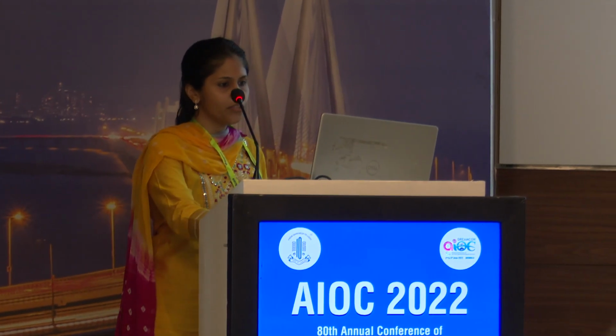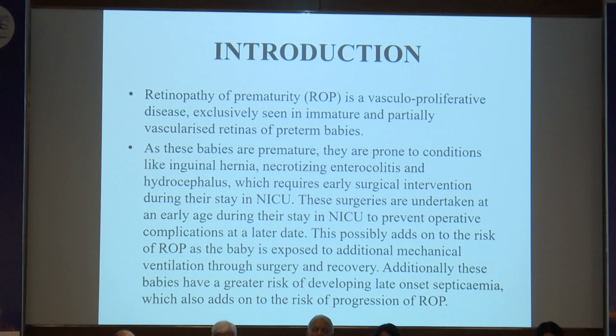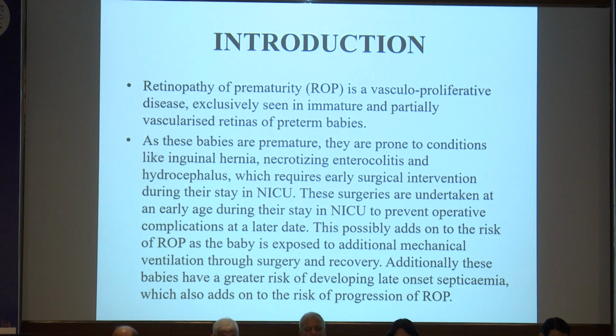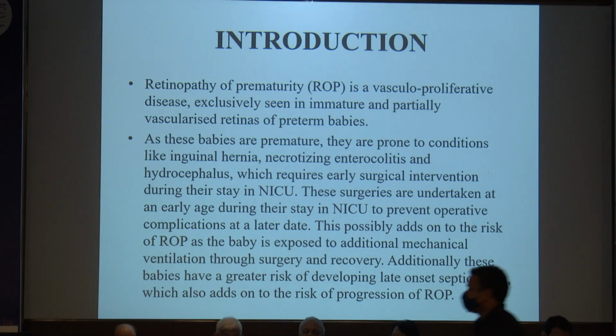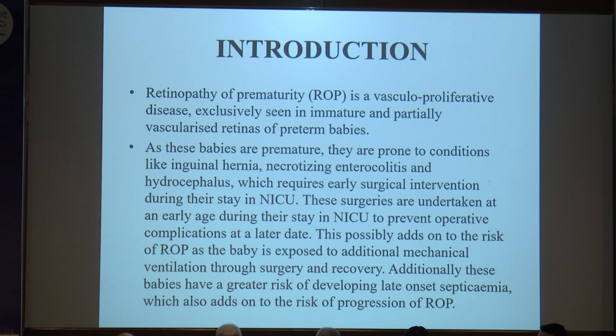I'm presenting on the role of septicaemia and surgery in preterm babies during the NICU stay towards ROP. As we know, ROP is an upcoming vascular proliferative disorder that is an important cause of childhood blindness. We are specifically studying the role of early neonatal surgeries these babies undergo during their stay in NICU, specifically